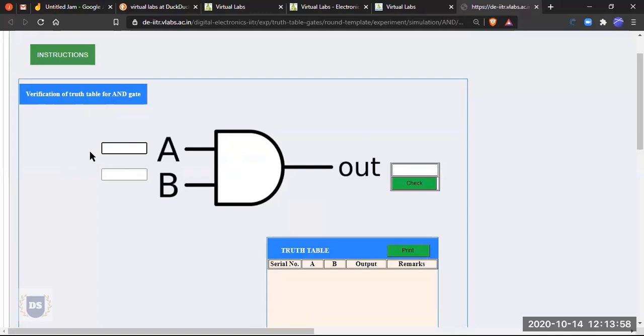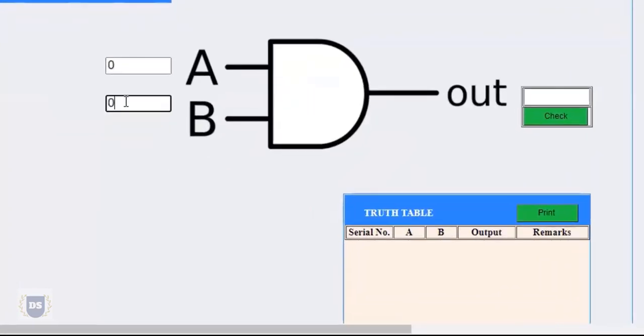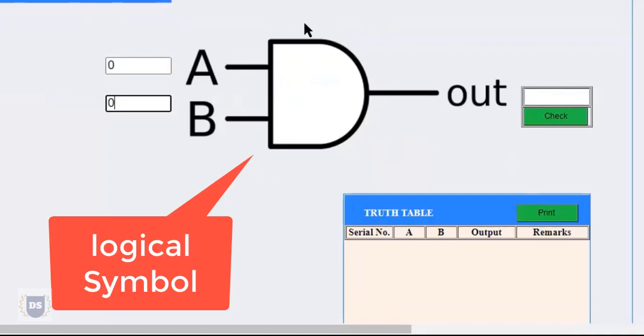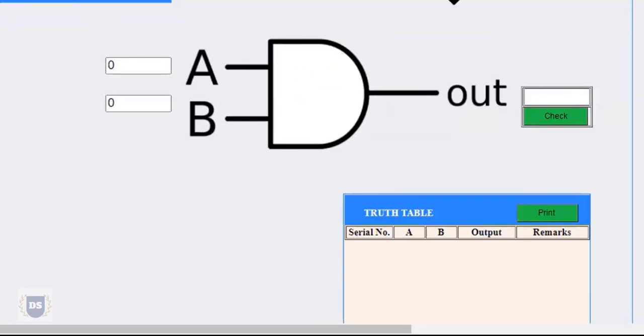where through the knowledge that we have just earned by simulating the circuit, let's try it out for 0 and 0, where variables A and B are taking the values equal to 0. And this is the logical diagram for that, which represents an AND gate. So if I'm applying 0, 0 as my input, then what output do I expect? What was our observation from our simulator 1? The LED was in off condition. So let me check this.